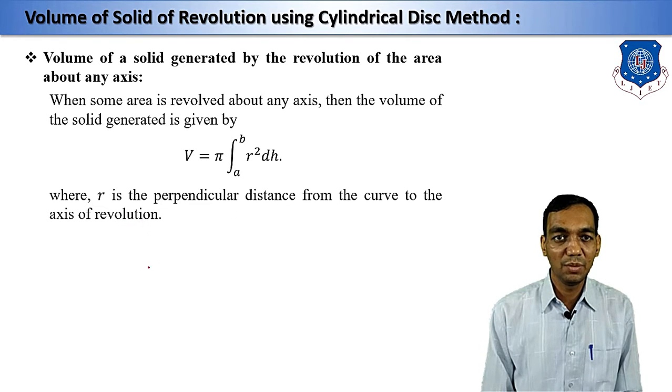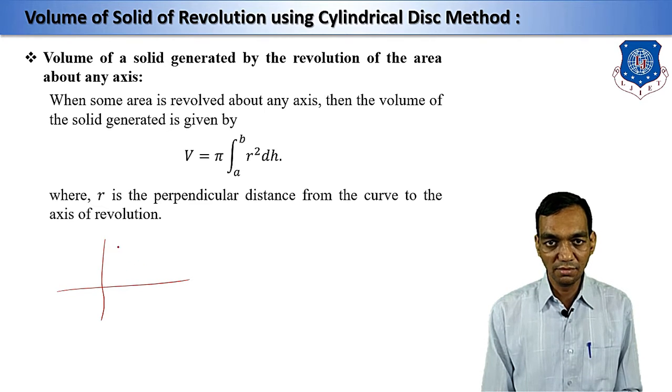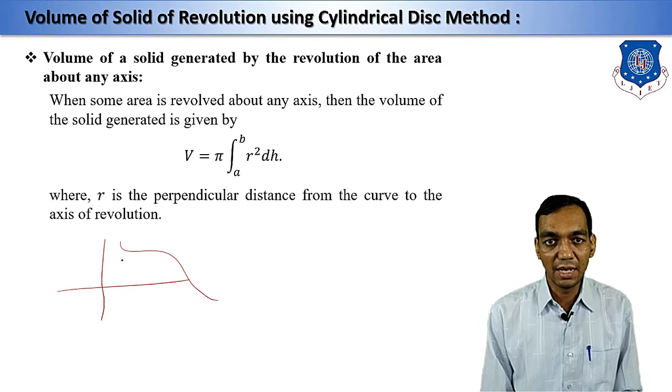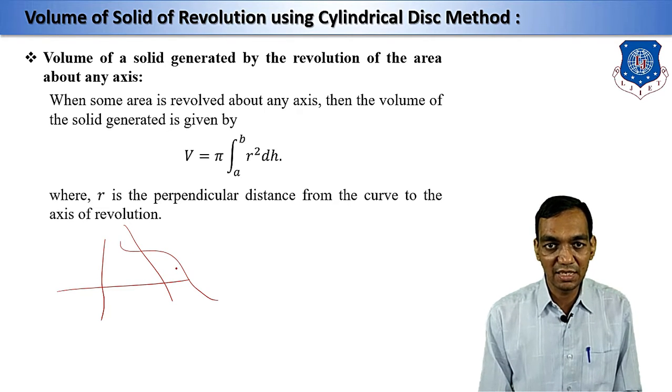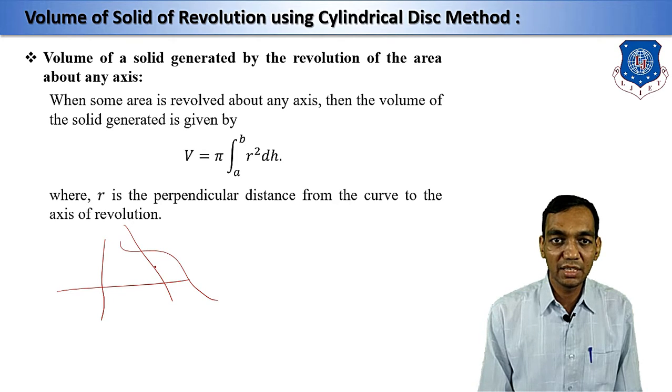Okay. So please remember that suppose this is xy and you have given any curve, and now I am going to take one line, any line here. Suppose this is the line which we have taken. Okay. And now you are rotating about this axis. That means you are rotating about this line. Then you have to take the perpendicular distance from this line. This is the 90 degree angle, and this is called radius r.